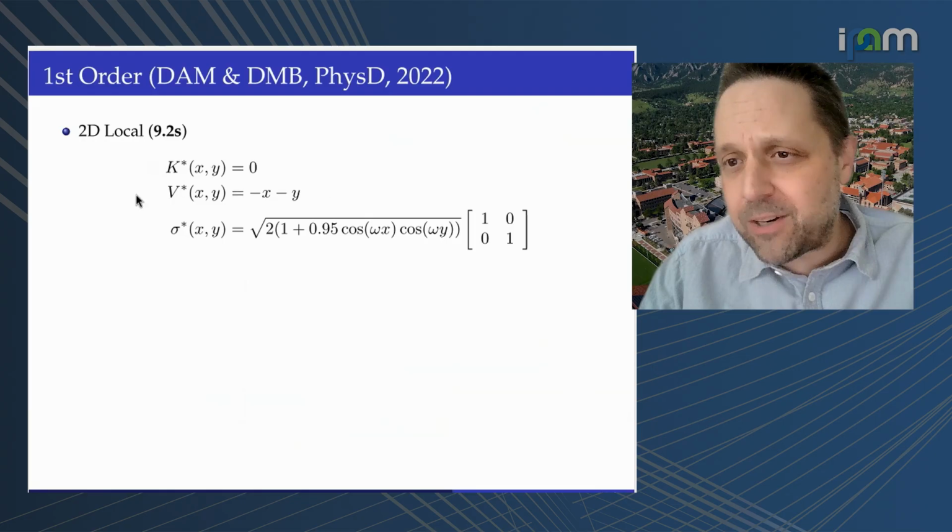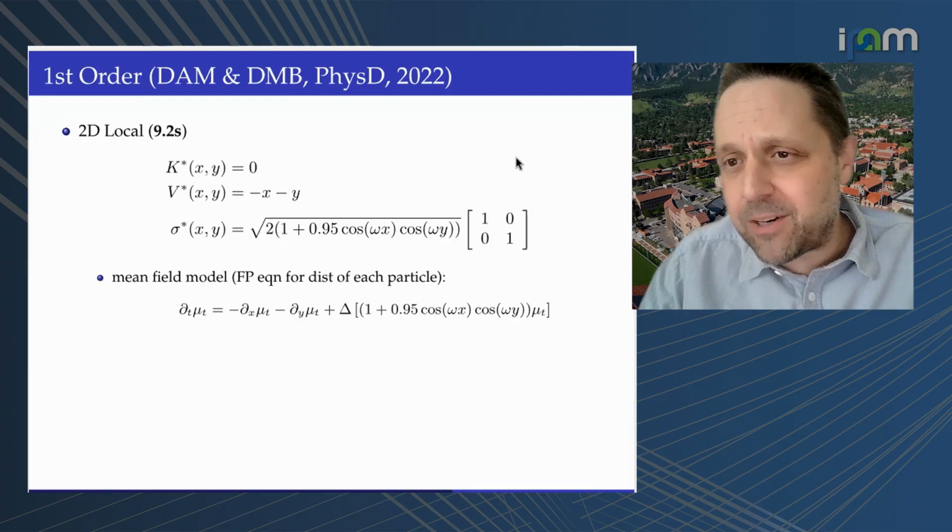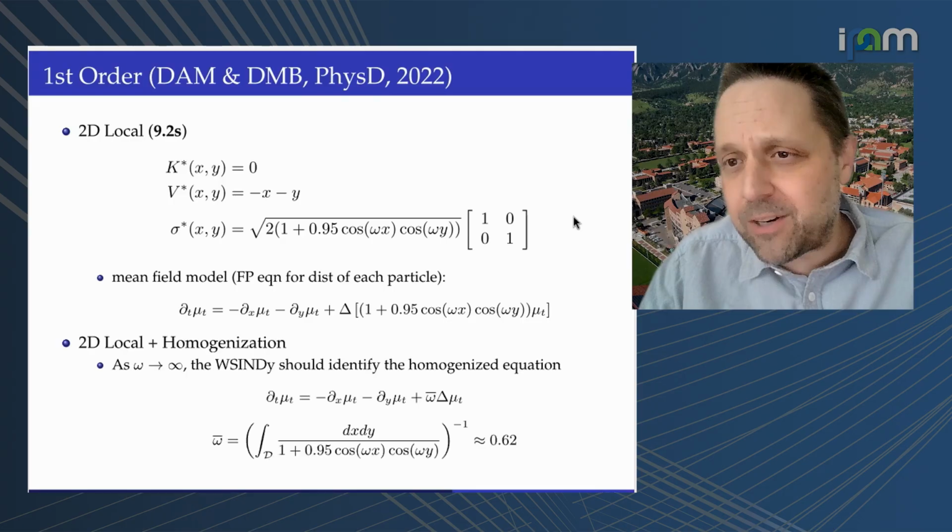We just have basically this local potential. But one of the things we did do is we started investigating spatially varying diffusivity. Okay, and that actually comes up. So we obviously get these Fokker-Planck equations. But what was really interesting was if we thought about this as looking at the sparsification, it actually identified the